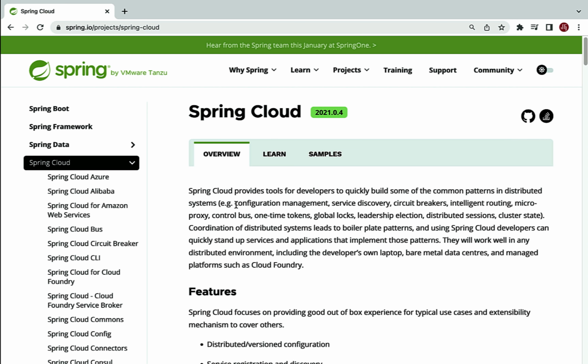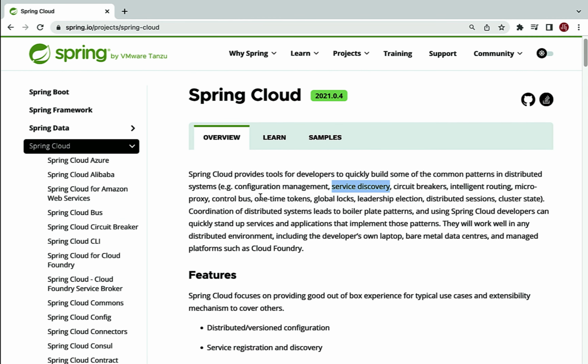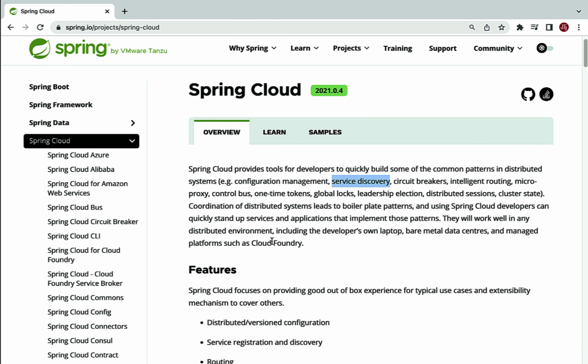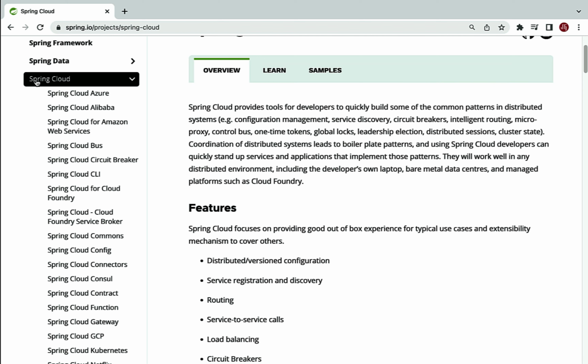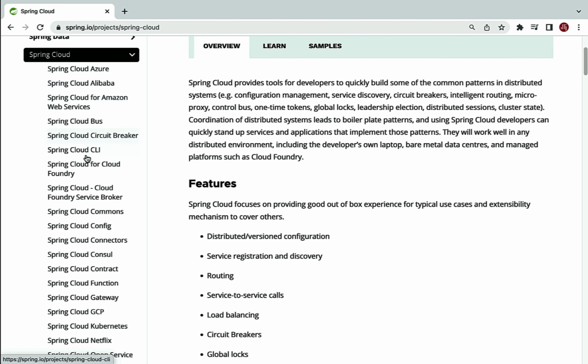For example, configuration management, service discovery, circuit breakers, routing, API gateway, distributed sessions, cluster state, etc. Alright, so Spring Cloud provides a lot of common patterns that we can use in our microservices project to solve different problems. For example, look here, Spring Cloud provides these different modules to implement different common design patterns